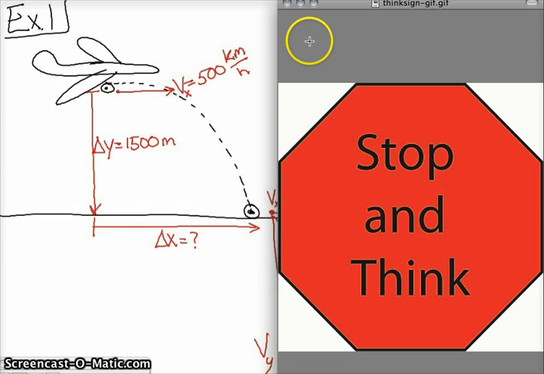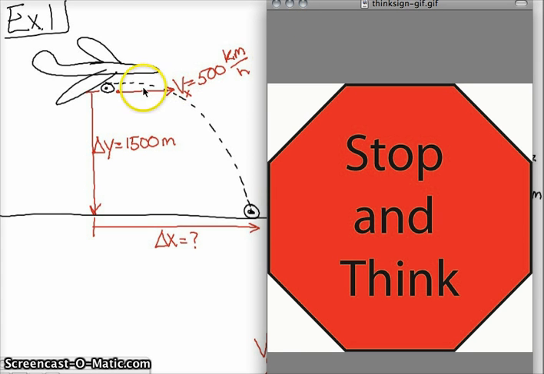All right, so here's at least part of the picture that we're looking at. We know that, again, this plane's flying horizontally. We know that it is moving in a horizontal direction, as I just said. And something else to keep in mind here is because the plane is traveling at a 500 kilometers per hour speed, the wheel, as it falls off the plane, is also going to be traveling at 500 kilometers per hour. That's Newton's first law, the law of inertia. Things in motion tend to stay in motion. Things at rest tend to stay at rest. So our wheel, which is in motion with the plane, continues in this state of motion at the same speed that